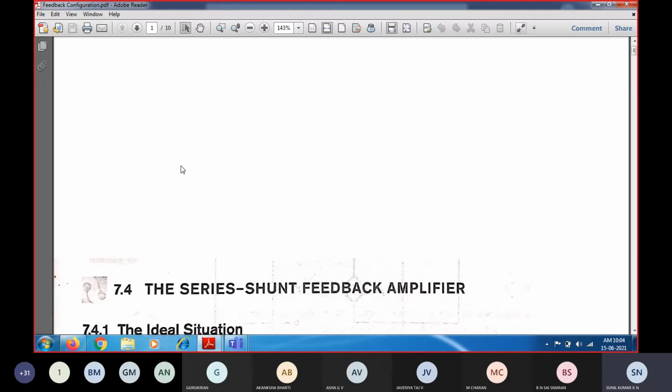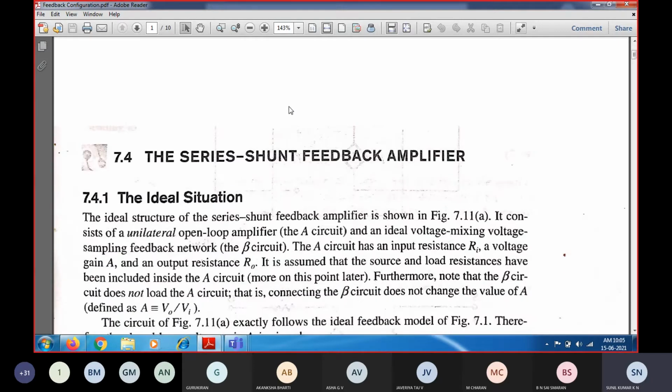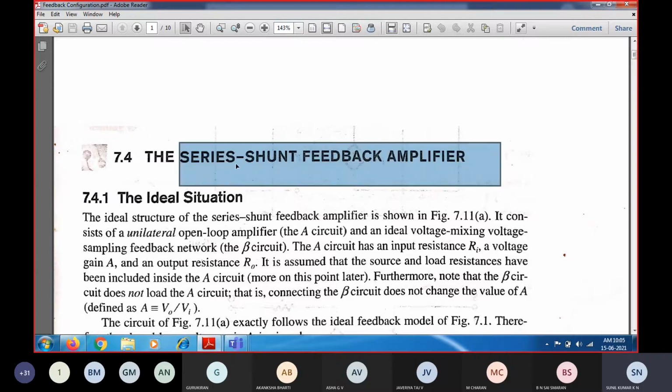So on employing negative feedback, how are you going to be able to control the input as well as output impedance? We are going to see how the input impedance as well as output impedance of the corresponding amplifier is going to increase or decrease. So based upon the application of this feedback, the first configuration we are going to see is nothing but series shunt feedback. So series across the input side, shunt across the output side.